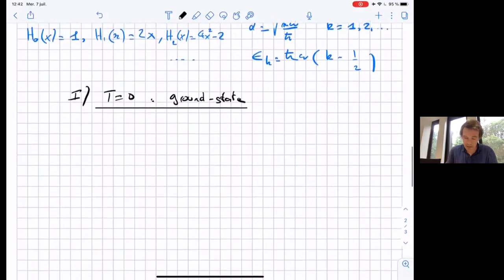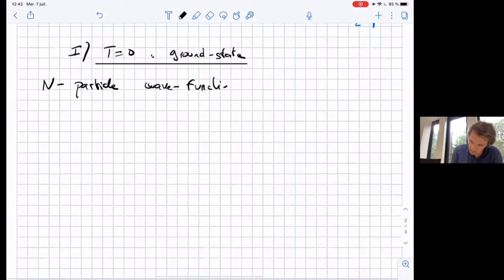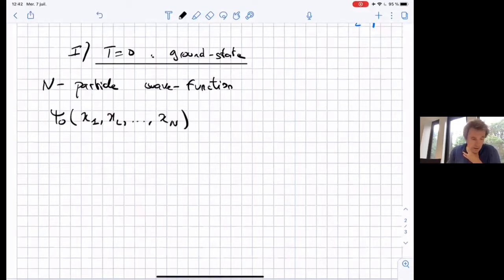And now from it, I want to write the N particle wave function, which I will denote by, say, psi 0 of x_1, x_2, ..., x_N. What we know is that it has to be an eigenstate of capital H. And on top of that, it has to be completely antisymmetric with respect to the permutation of any of the